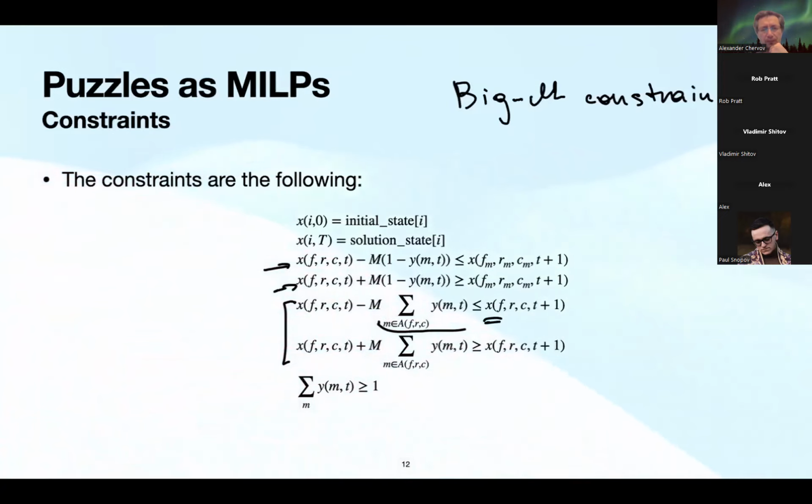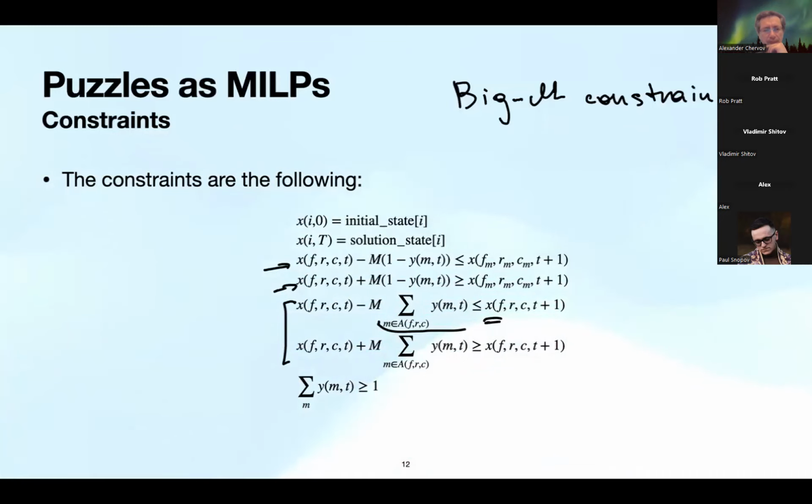The other is that I explicitly introduced a trivial move, which does nothing, like the identity permutation. By doing that, you can unify these constraints. The pair of 5th and 6th constraints on the screen now are just a special case of the 3rd and 4th constraints if you consider the identity move. So that was a way to simplify the formulation a little bit. You have 1 extra move in your set, but it doesn't do anything. It fixes every element.